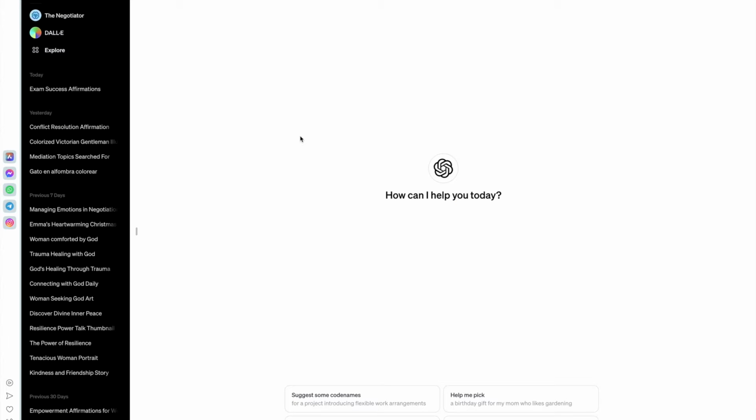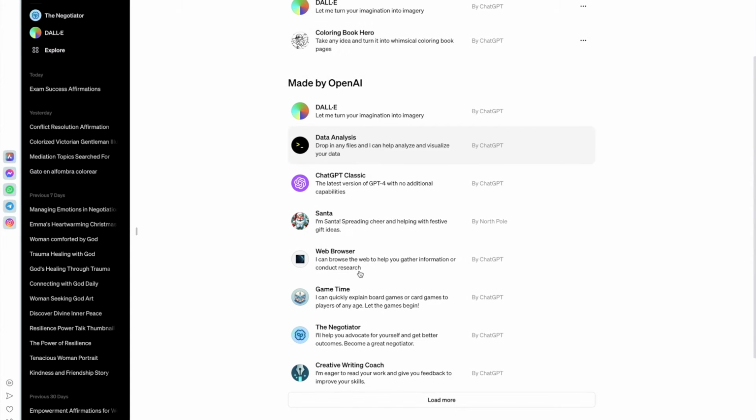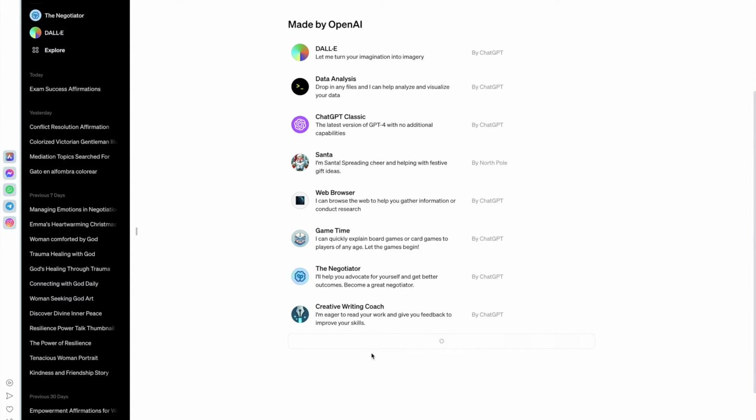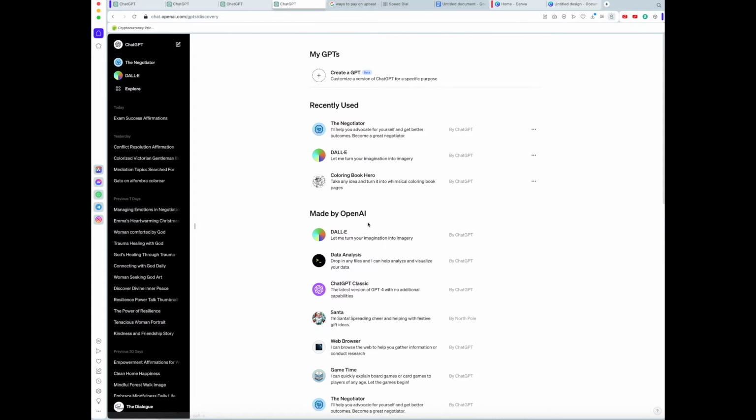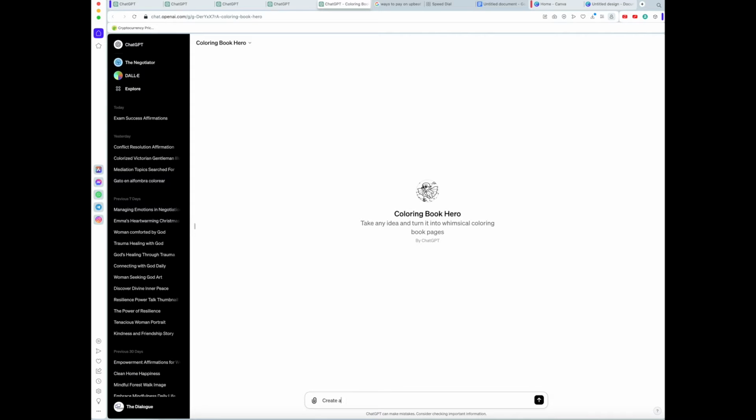Now I'm in ChatGPT 4, but I'm going to go into Explore and I'm going to go down to Colouring Book Hero, and these are the other apps that you can get within the platform. So I'm going to go into Colouring Book Hero, and in it I'm going to write down here in the text box, create a